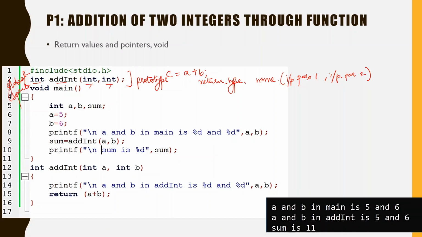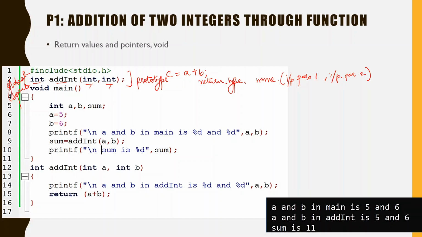You have to notice that anywhere in the program where this function is used, you cannot change its name and you cannot change its number of parameters, in C programming at least. And the output should be of the same data type that has been declared in the prototype.